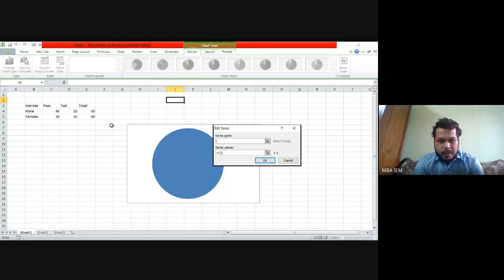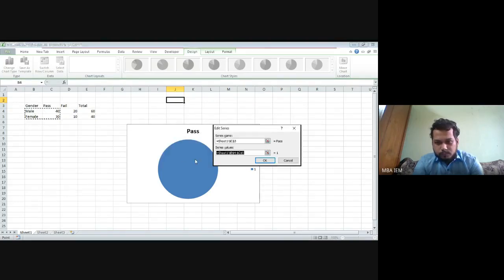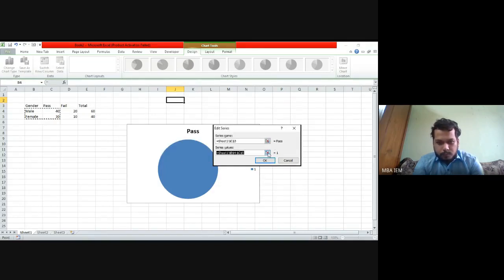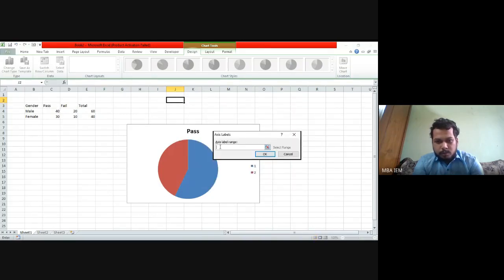Now for series name I'll use pass, and now for value I'll select just a minute, and now in the horizontal axis I'll select male and female.